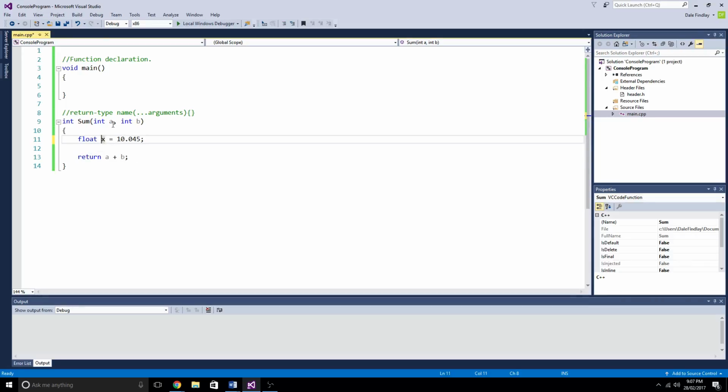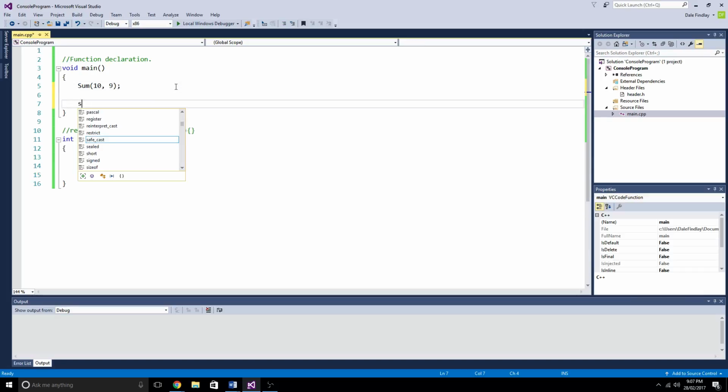But the idea is that this float variable here, if I try and return this, it'll compile and work absolutely fine. So if I call this up here, I'm invoking the function right now. Okay, so invoking means you're calling it or saying, hey, I want to run some, right? So I want to run this block of code right here. And that's what this means. And then I'm going to give it a couple of variables, even though they're not being used in this situation. And if I run this and I put a system pause here,